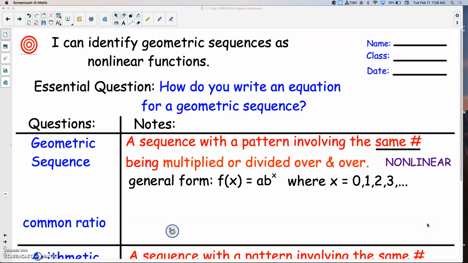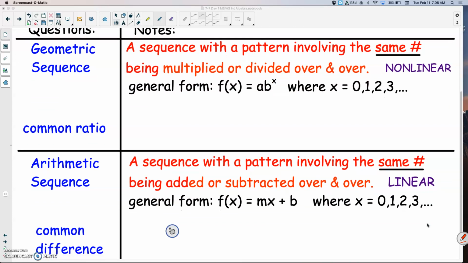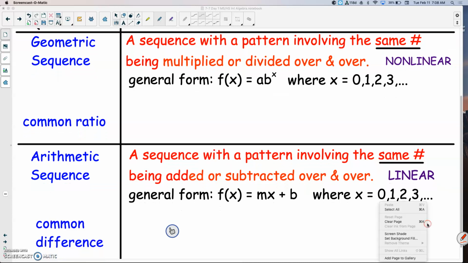Lesson 7-7. Our learning target today is I can identify geometric sequences as nonlinear functions. And our essential question says, how do you write an equation for a geometric sequence? So the first vocab word is geometric sequence. A geometric sequence is a sequence with a pattern involving the same number being multiplied over and over or divided